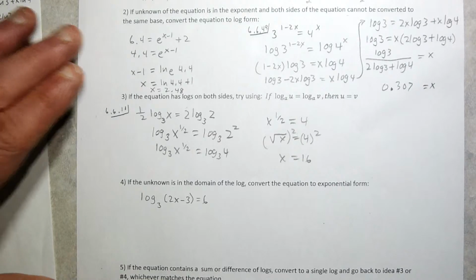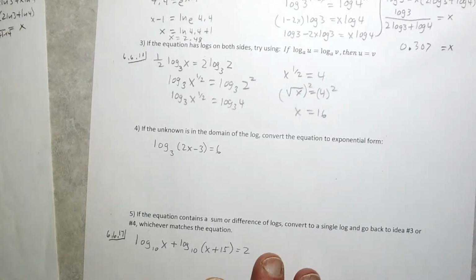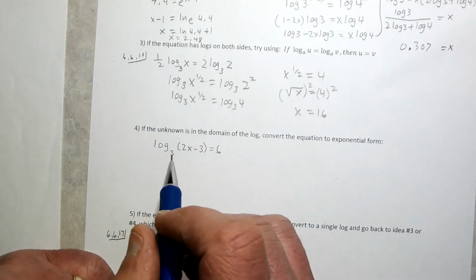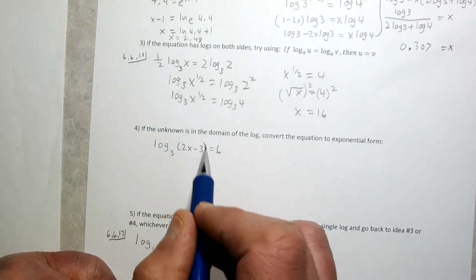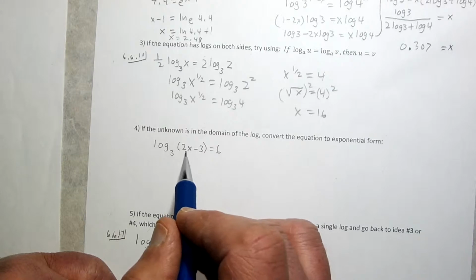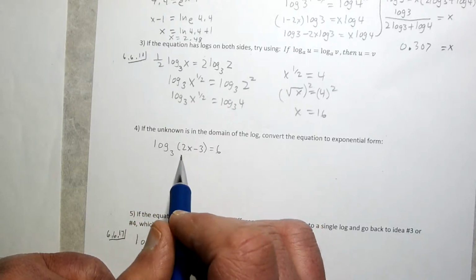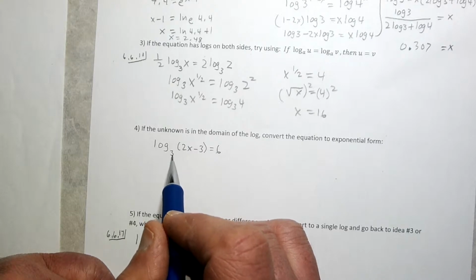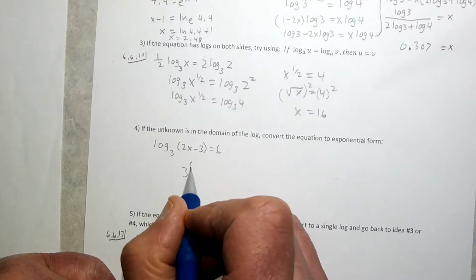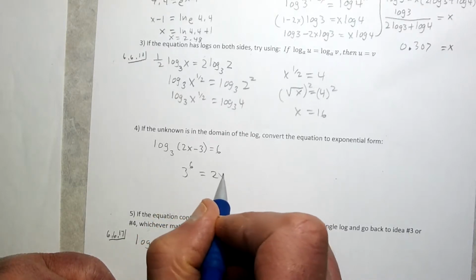Okay, down here I only have a single log on a side. So what I'm going to do with that problem is, actually, this problem will go to exponents. I mentioned earlier I didn't think I was going to have any problems on here that would go to exponents, but this one will, and here's why. When you have a problem where what you're taking the log of has the unknown in it, it says if the unknown is in the domain of the log, and here's the input to the log problem, there's no way I can put this in my calculator. So I'm going to convert and say, because the output to a log is a power, or an exponent, I'm going to say 3 to the 6th power is equal to 2x minus